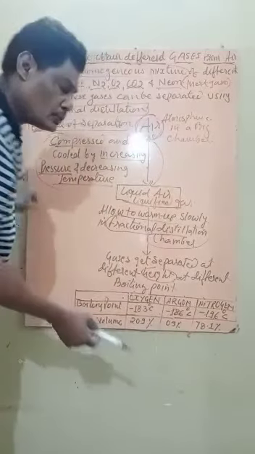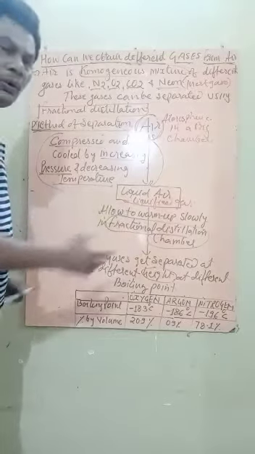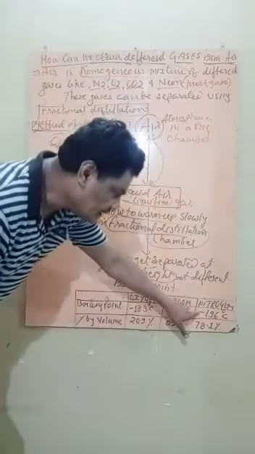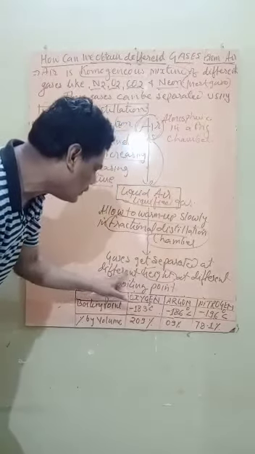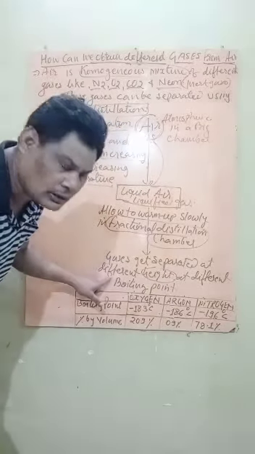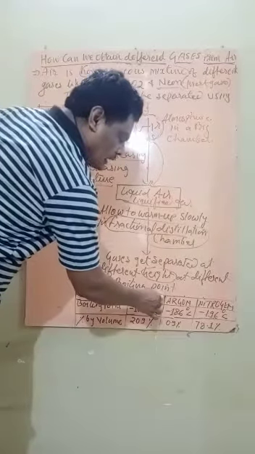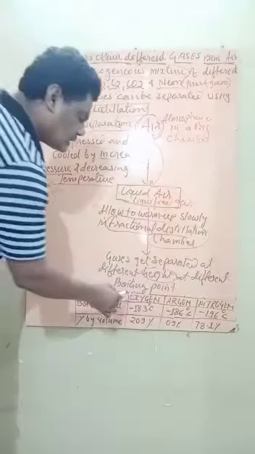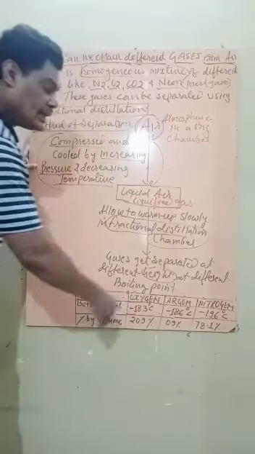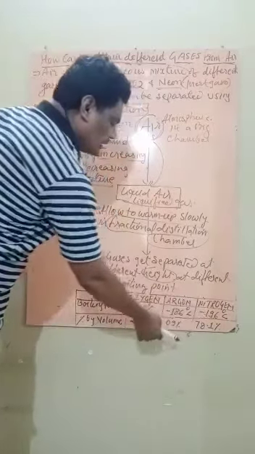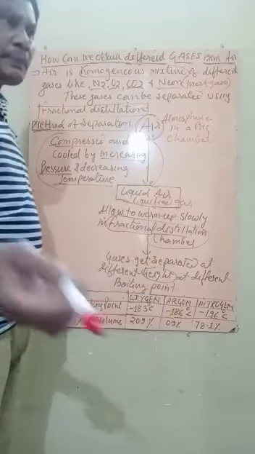So the oxygen will separate out last, and the lowest boiling point is of which? Nitrogen. So very first the nitrogen will convert into gas and will be collected on increasing the temperature in the fractional distillation column. Later on we can get argon, and in the last we can get oxygen, because its boiling point is very high as compared to the boiling points of nitrogen and argon. So in this manner we can collect different types of gases.